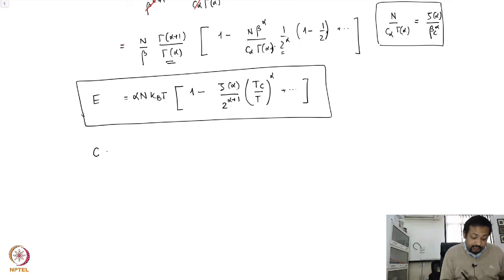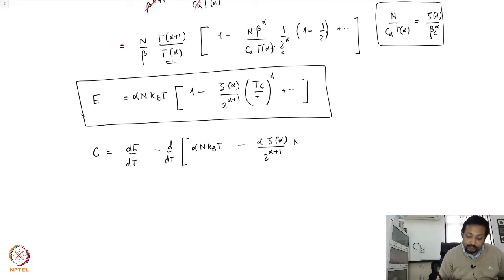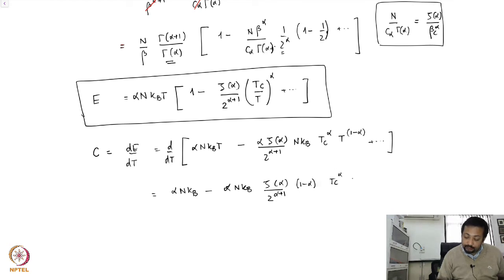So that the specific heat is dE/dT, which we are going to explicitly write down now, d/dT of alpha NkBT minus alpha zeta alpha 2 to the power alpha plus 1 NkB Tc to the power alpha, and I have T divided by T to the power alpha, so T raised to the power 1 minus alpha, higher order terms, so that the first term is alpha NkB, and the second term is minus alpha NkB zeta alpha 2 to the power alpha plus 1 minus alpha Tc to the alpha T to the power minus alpha, higher order terms,